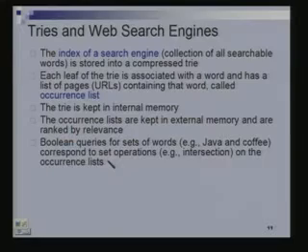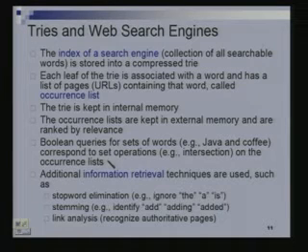So, Boolean queries correspond to set operations on these occurrence lists, right? If you gave an and, it is intersection, and if you gave an or, it is union, right? Of course, there are lots and lots of techniques that go in to speed up the thing, right? You eliminate stop words, many other things, we will not go into that,